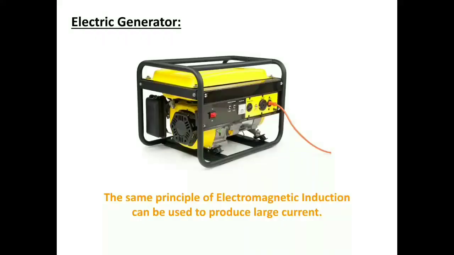Our next topic is electric generator. We have seen the experiments based on electromagnetic induction. The current produced in these experiments was of very small magnitude. But the same principle can be used for the benefit of mankind to produce large current. The construction of an electric generator is almost similar to an electric motor, which we studied earlier. Here, mechanical energy is used to rotate the current carrying coil in a magnetic field around an axle, thereby producing electricity.